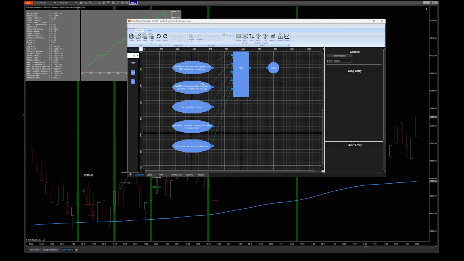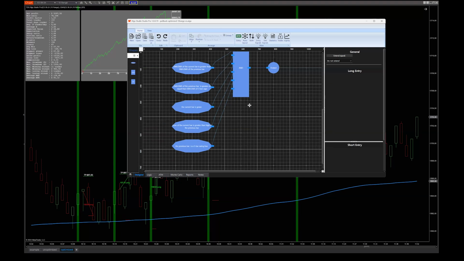Sam already mentioned the steps you have to take to build your algo, and we made those steps pretty logical here in the tab window. So we have the designer, and the designer comes in two forms. Some people like to design their algos in a more graphical way. Well, that's possible.